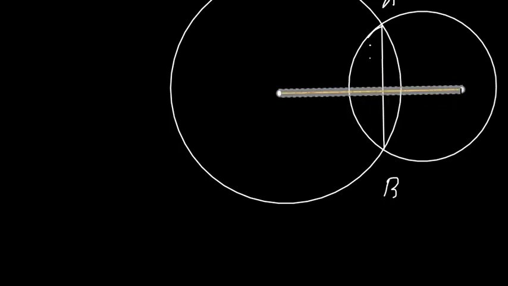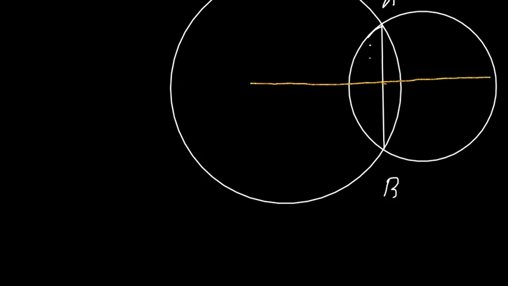Okay, so it is difficult to draw line which is passing through center of circle. So with the hand I have to draw. Fine. So this is a line which is perpendicular bisector of AB. Okay, we have to prove that this perpendicular bisector is passing through center of the two circles, right?